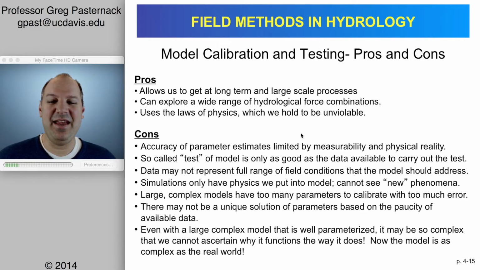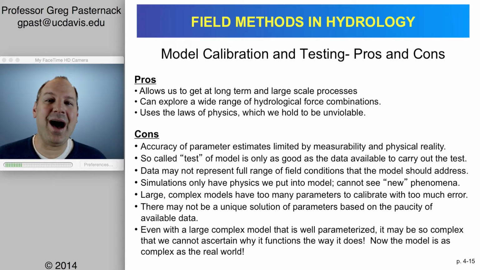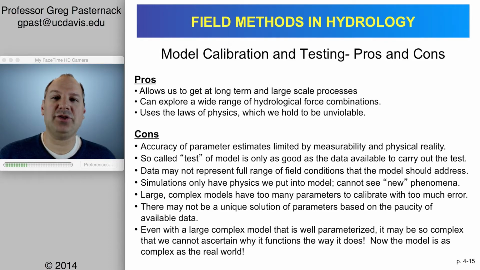And as you can see, while the list of cons is pretty long, there are very important pros. First of all, they allow us to get at large-scale, long-term phenomena. There's just no other way to do this, and so we're going to need to have numerical models. In fact, they've become a real mainstay of understanding hydrology. Also, models give us the ability to turn on and off different hydrological forces. That's a very powerful tool, to be able to play that game and see how nature would work in different